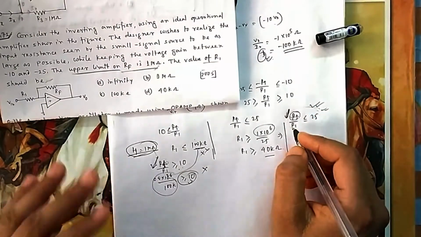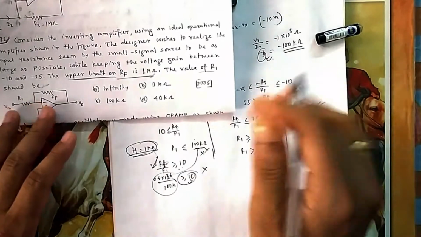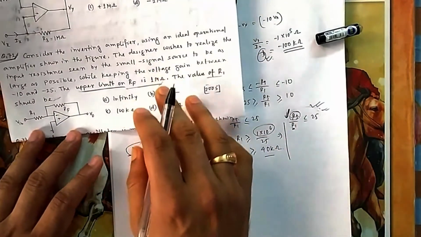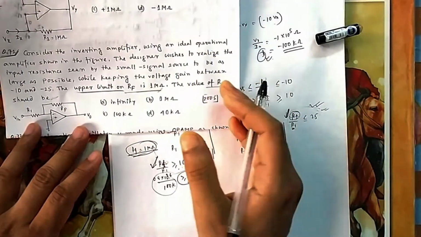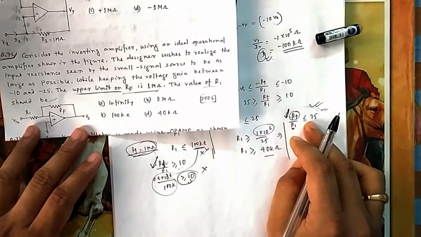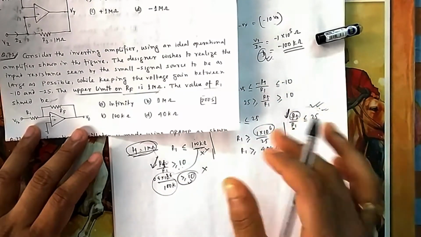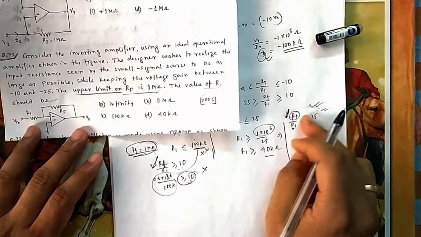So that means you can put it at 40, because RF will come down. RF maximum limit they have given, so it is the maximum possible case. In that case, if it is equal to 25, that is okay. It cannot go beyond that. RF cannot go beyond that. For less than that, it will be less than 25.